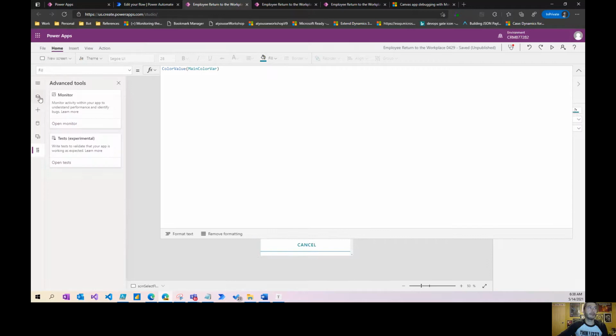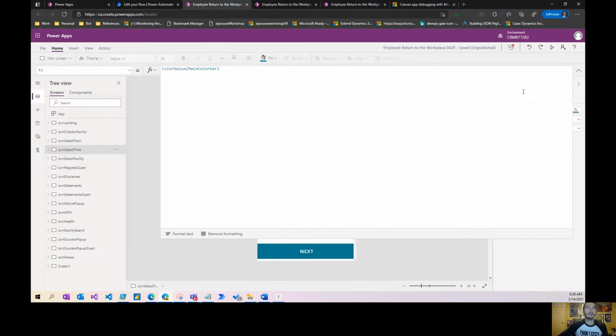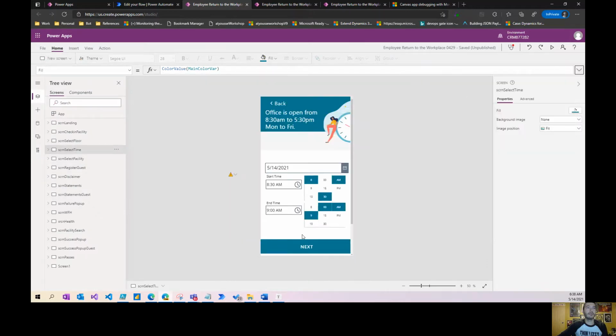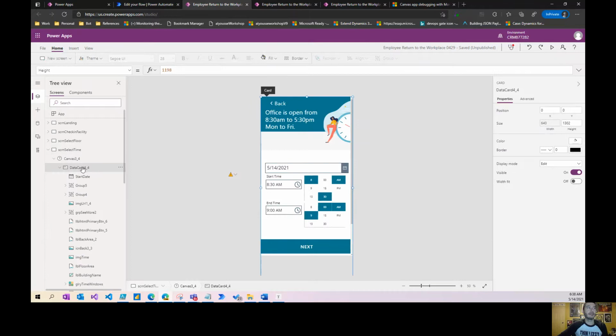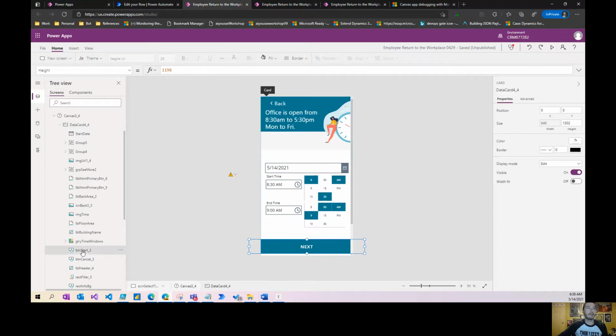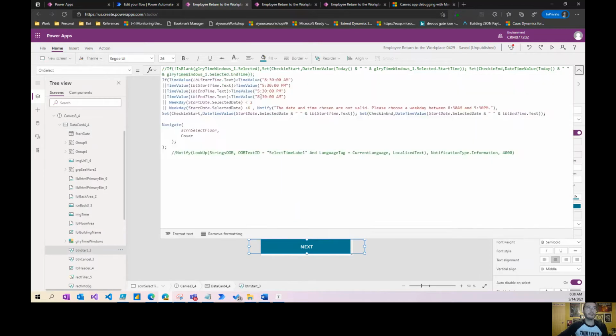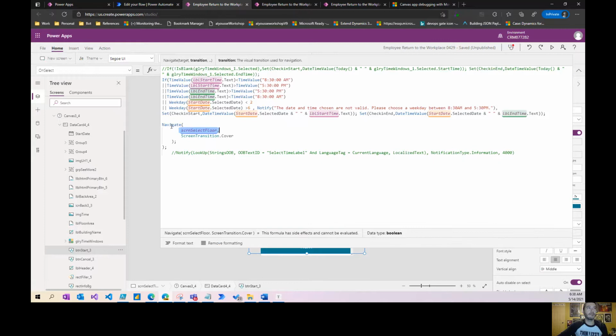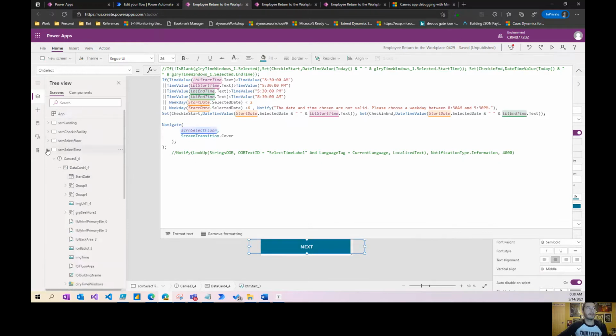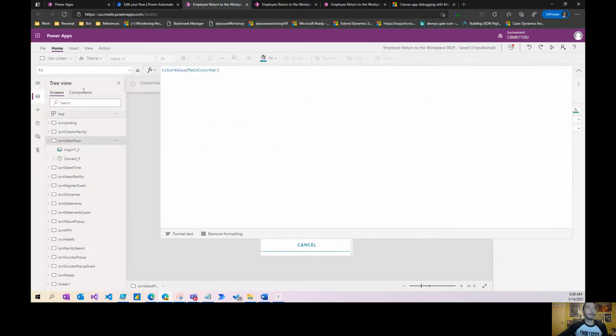if I go to the select time form, which was the form I was on before I moved, there's this next button here. So I can click on it. Sometimes it'll open up this data card, but you can navigate within it and start looking. In this case, it's the button start, and I look for the OnSelect. Here I can do some validation, and I can see I'm navigating to screen select floor. So this is the actual move to the next screen. So I'll go look at the select floor, and then on visible,